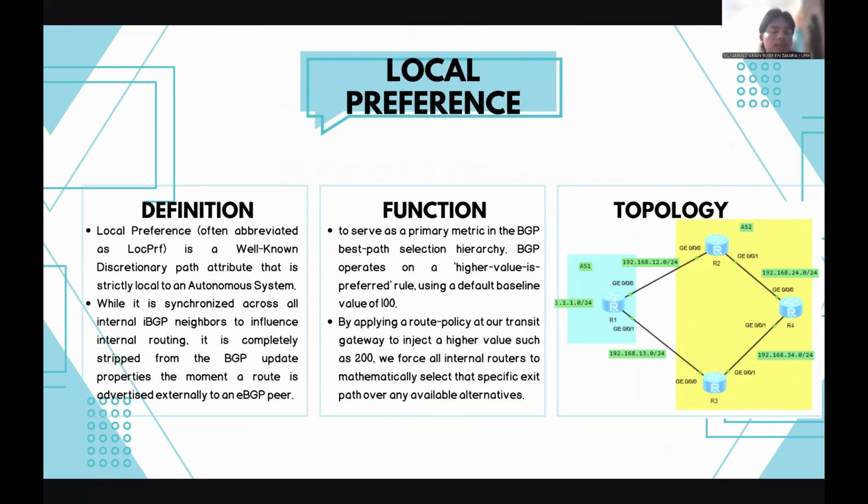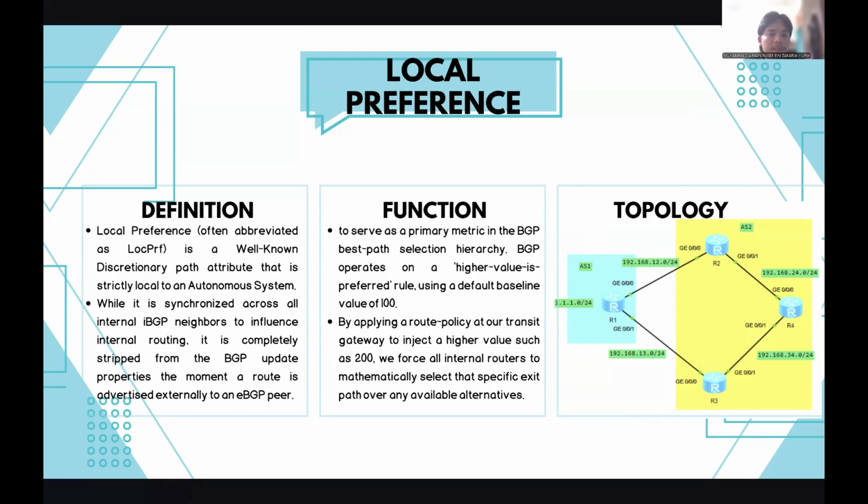Okay, now we move on to the big one of the BGP attributes. What I found is local preference. From the research that I did, local preference is a well-known discretionary attribute that is strictly local to an autonomous system, while it is synchronized across all internal IBGP neighbors to influence internal routing. It is completely stripped from the BGP update properties the moment a route is advertised externally to an